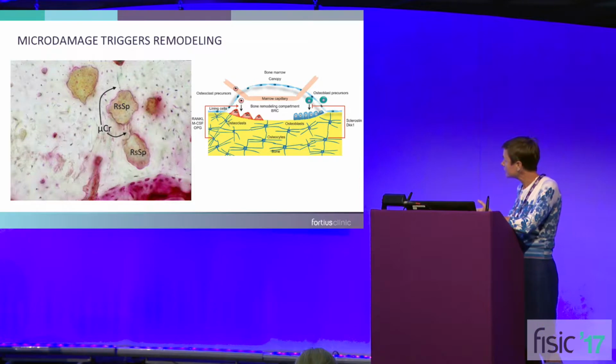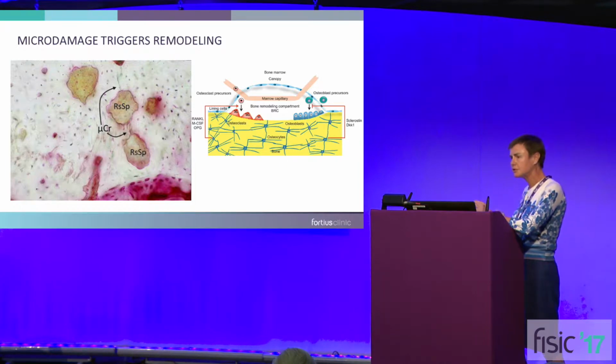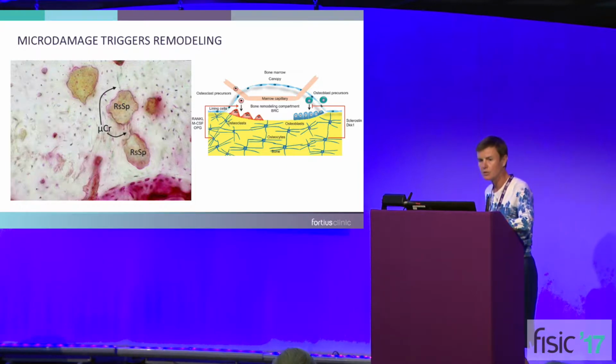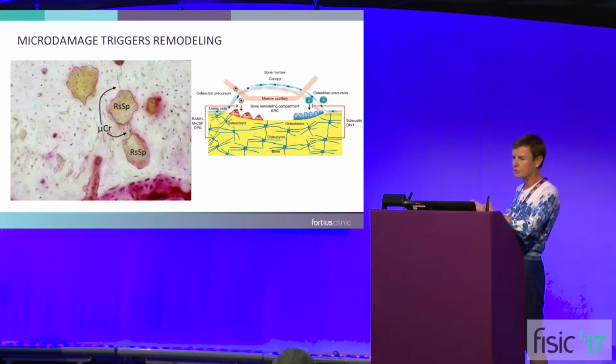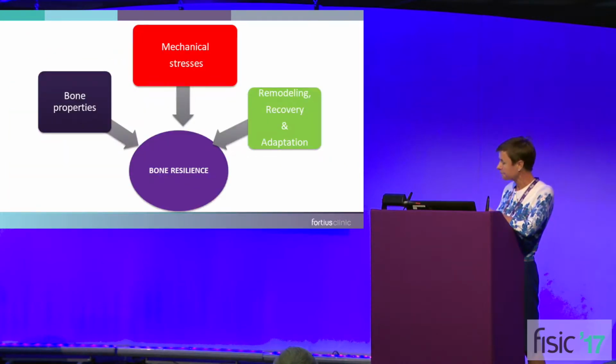So what we see in this picture are the microcracks here, where the arrows are pointing, and then these are resorption spaces within the bone. So this is part of the remodeling process. Now, these are all tiny little areas in bone that are helping the bone to remodel itself under the mechanical strain. And it's all part of that natural process that should occur and shouldn't be a problem.